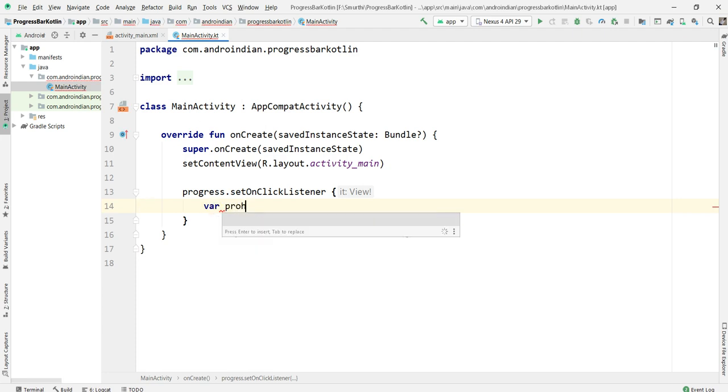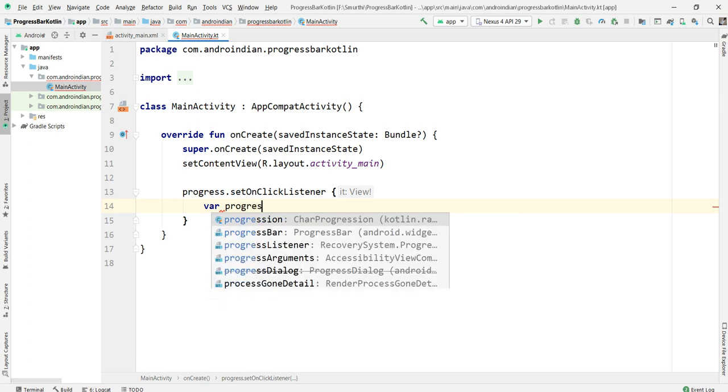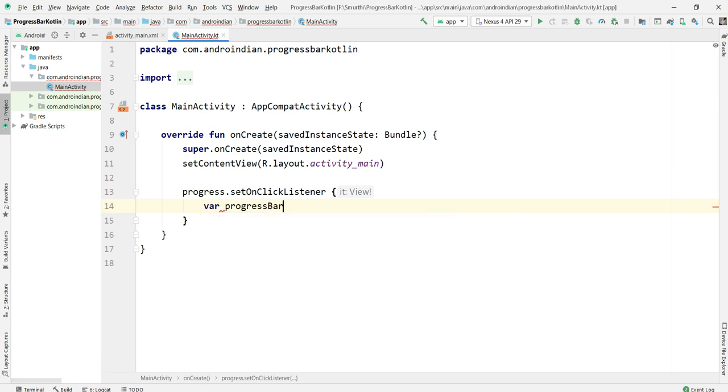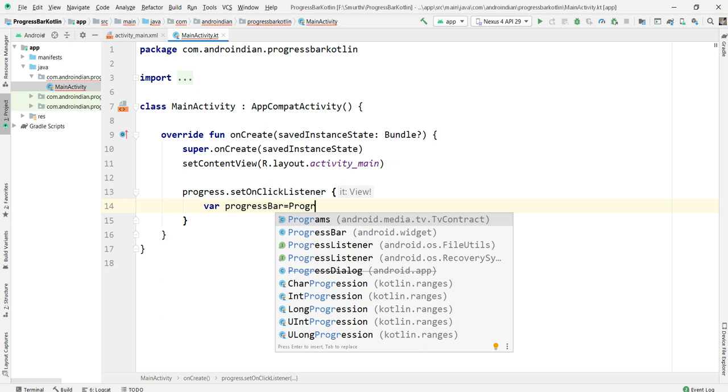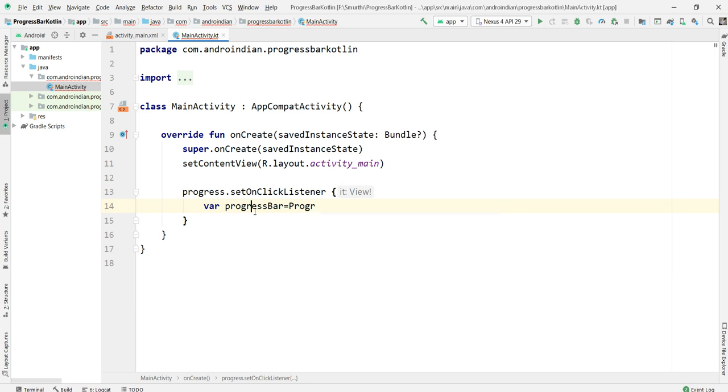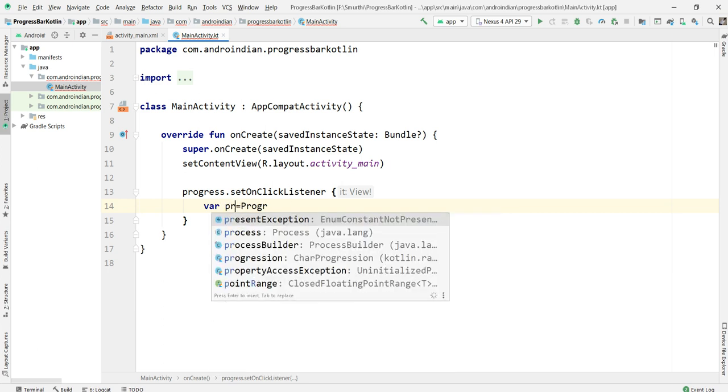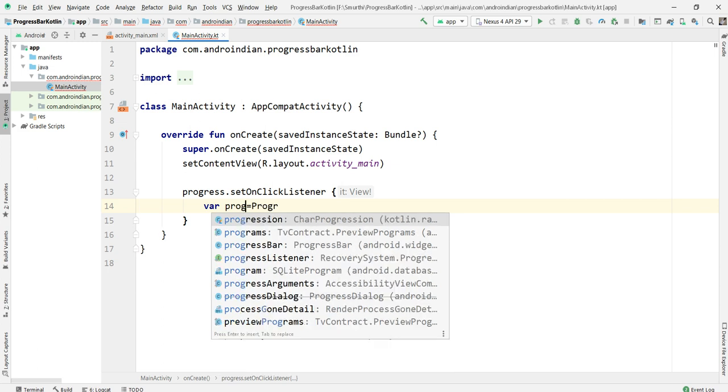The progress dialog we already discussed. So progressDialog equal to a new ProgressDialog. Sorry, here also it's not progress bar, it's progress dialog. We need to choose progress dialog.